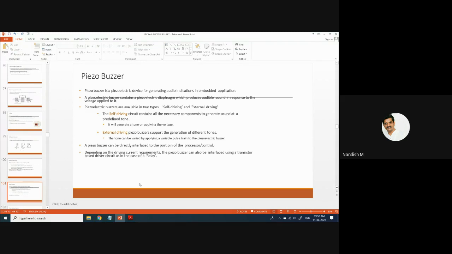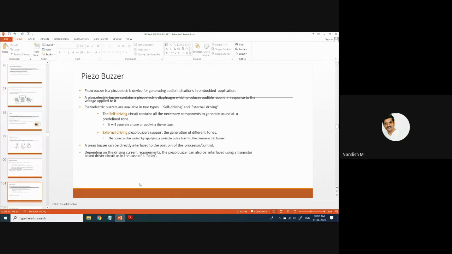But external driving buzzers will support the generation of different tones. You can generate different tones, based upon the pulse train you give to the buzzer. These buzzers you can even connect to the processor's port pin. I think you have heard this sound in desktop computers or laptops.